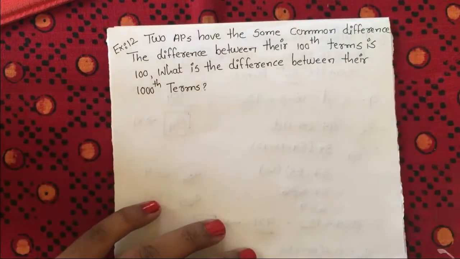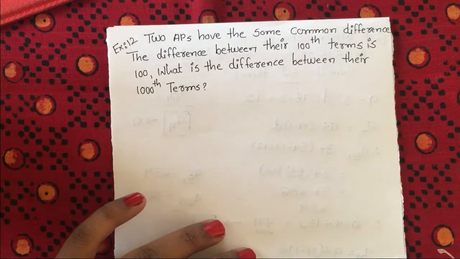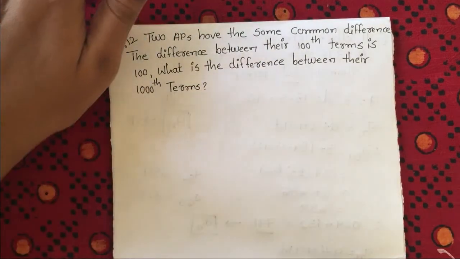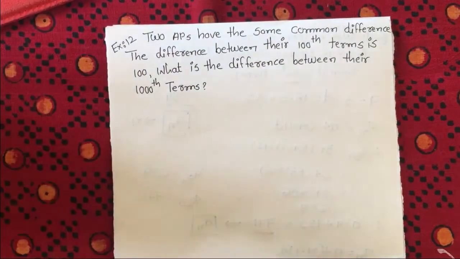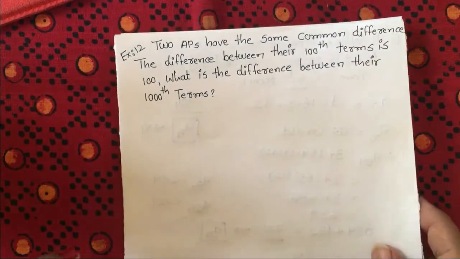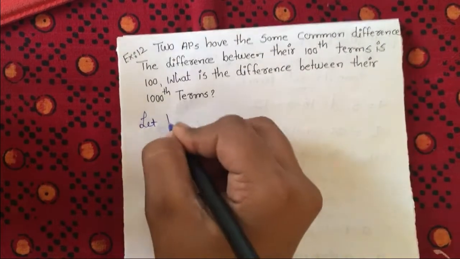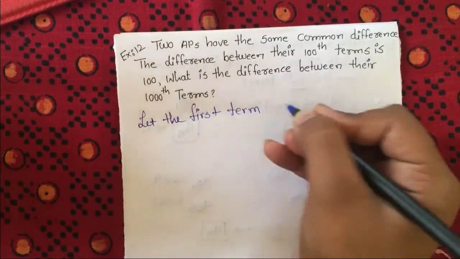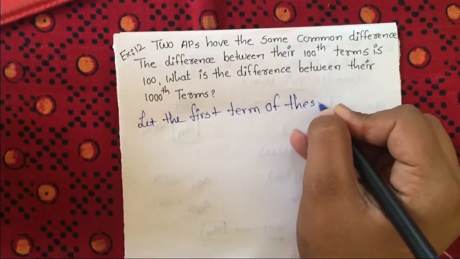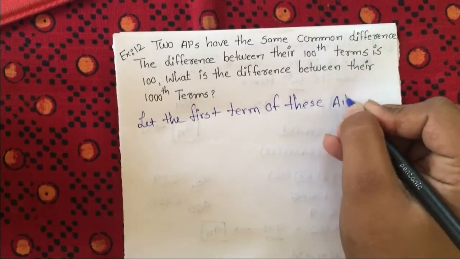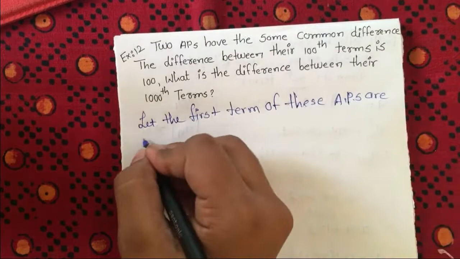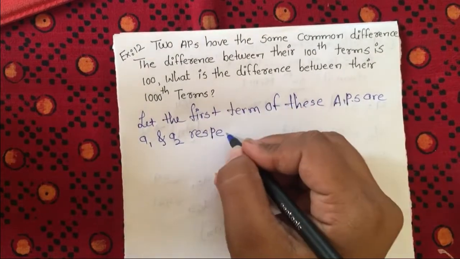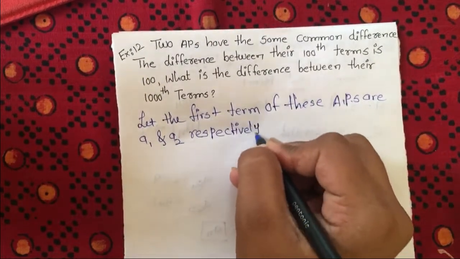Two APs have the same common difference. The difference between their 100th term is 100. So what is the difference between their 1000th term? Okay, so here we have two APs. So let's just suppose let the first term of these APs are A1 and A2 respectively. So that here we are having two APs, so that's why two first terms and the